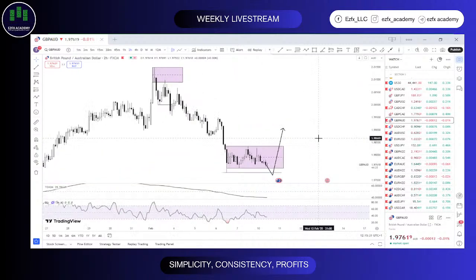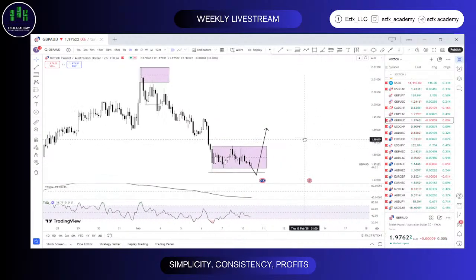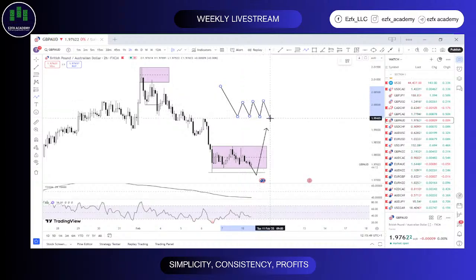I'm not going to give any serious coordinates, but for your entries for this, I just watch out for a break. How do I explain this? So the basic understanding of an AMD, or one of the basic understandings of an AMD: you have all these points here where you got to see the market was ranging, where we have our accumulation, right? And then we had price whipping people, right? These are the manipulation. Why does it feel like I'm having a Jamaican accent? The manipulation. Don't worry, don't mind me.